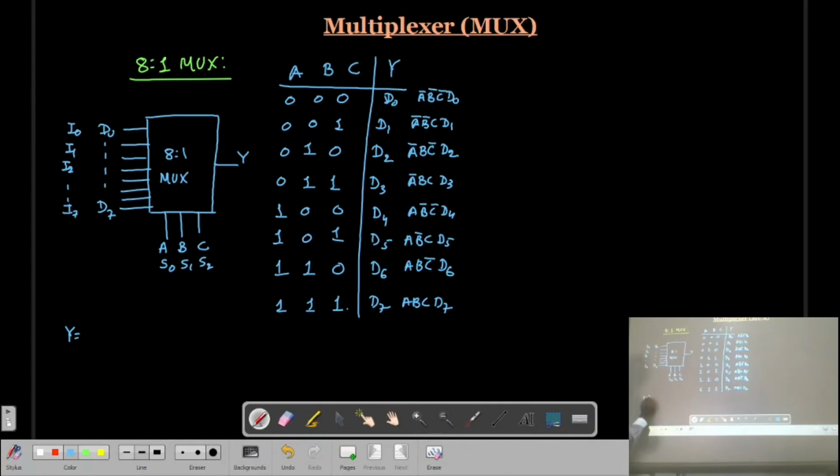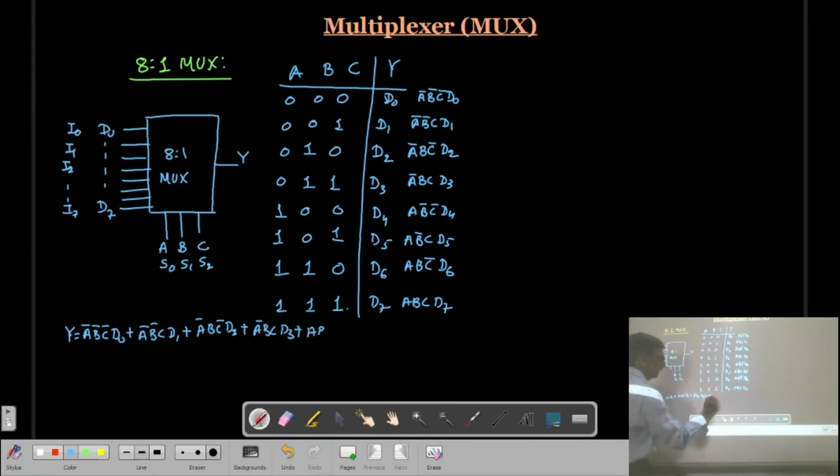So Y will be equal to A bar, B bar, C bar, D0 plus A bar, B bar, C, D1 plus A bar, B, C bar, D2 plus A bar, B, C, D3 plus A, B bar, C bar, D4 plus A, B bar, C, D5 plus A, B, C bar, D6 plus A, B, C, D7.